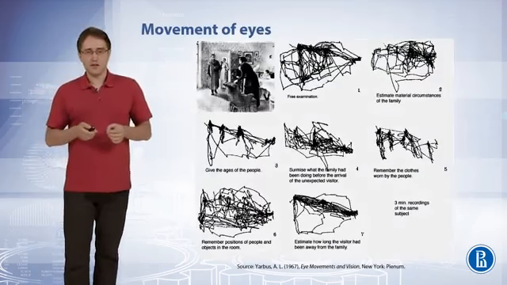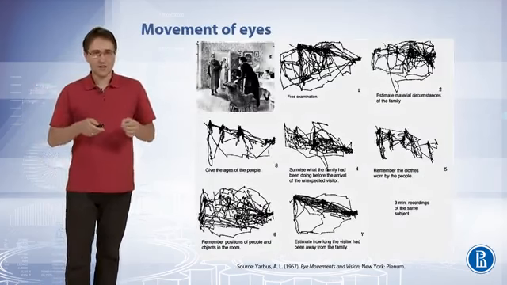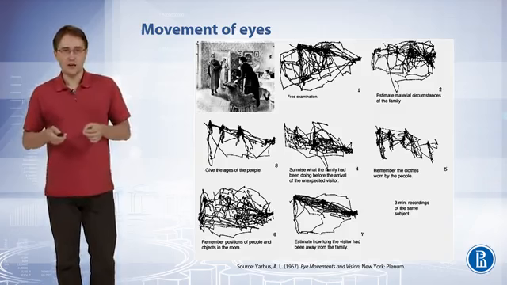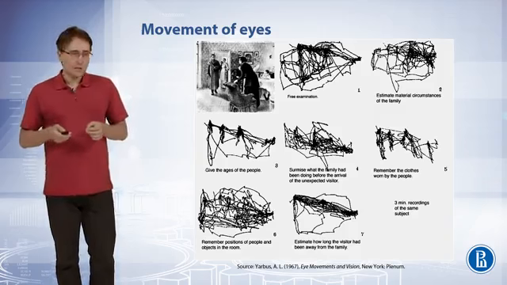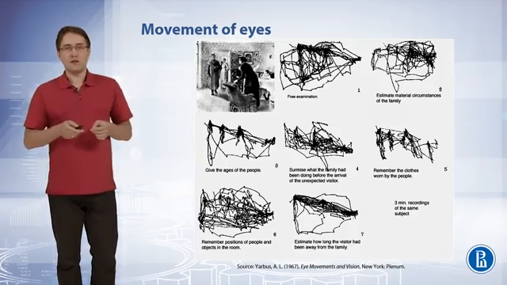The movement of eyes, the succession of fixation points, depends on the mental task. For example, if we try to estimate the material circumstances of the family in this picture, we look through all things in the room. Our eyes are fixated on all objects. If we try to answer other questions, for example, to estimate the age of people, then our eyes will fixate for a long time on each of the main faces.